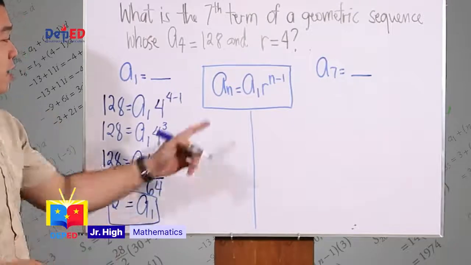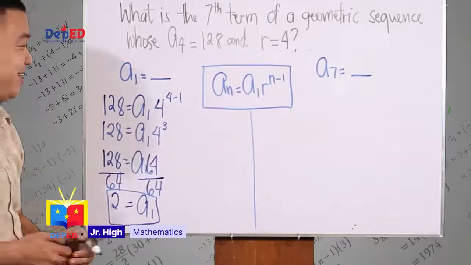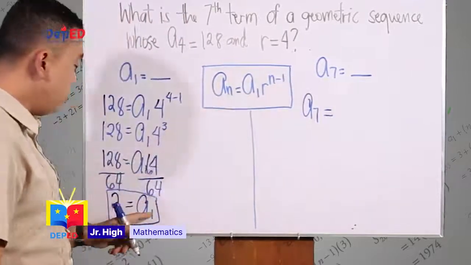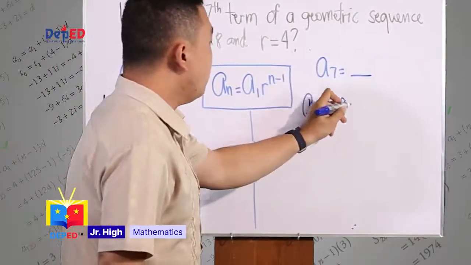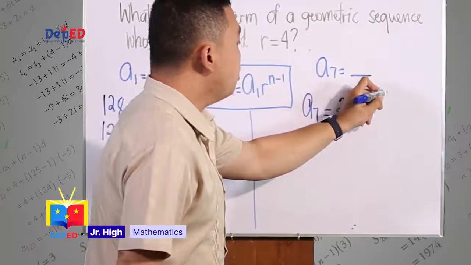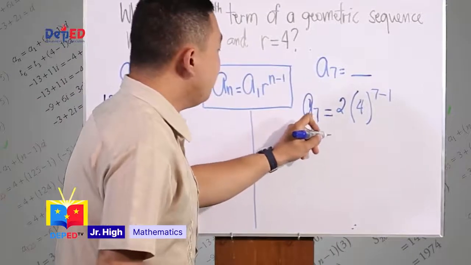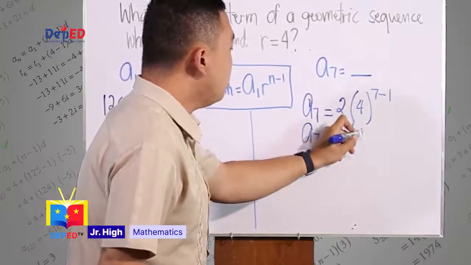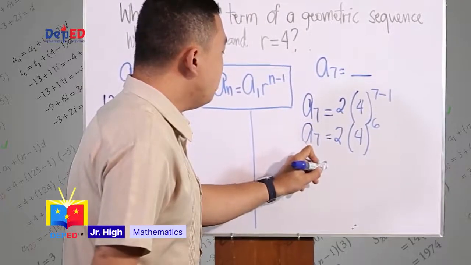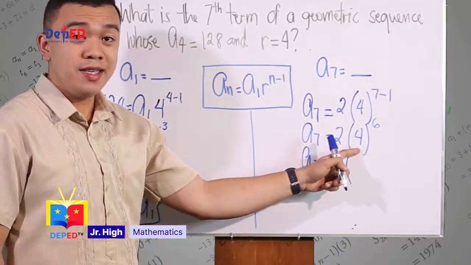Again, using the formula, a sub n is equal to a sub 1 times r raised to n minus 1. That's a sub 7 is equal to a sub 1, which is 2, times r, which is 4, raised to 7 minus 1. Next, a sub 7 is equal to 2 times 4 raised to 7 minus 1, which is 6. A sub 7 is equal to 2 times, we will multiply 4 by itself 6 times,